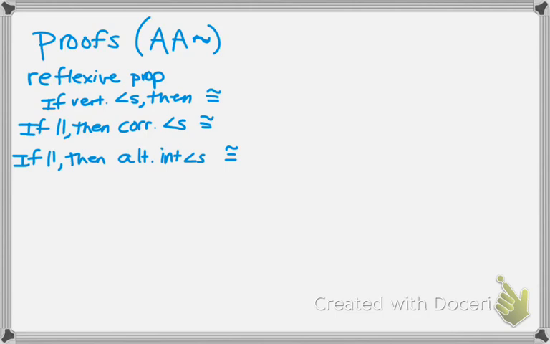If it's the reflexive property, what's our diagram going to look like? The overlapping triangles, right? That's when we have the reflexive property. If it's vertical angles, then we have the old bow tie looking triangles, right? Corresponding angles would be the overlapping triangles. Alternate interior would be the bow tie. So really, 2 and 4 would kind of usually pair together, and 1 and 3 should pair together usually if you're not given all the information. Okay? All right, so you are going to